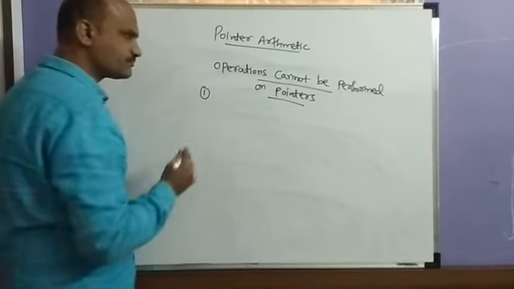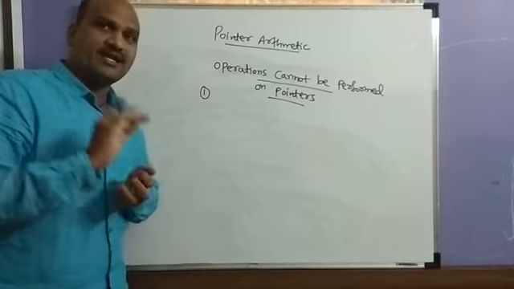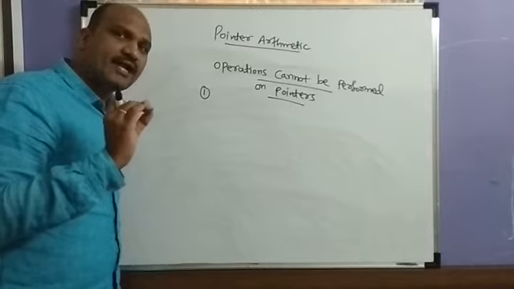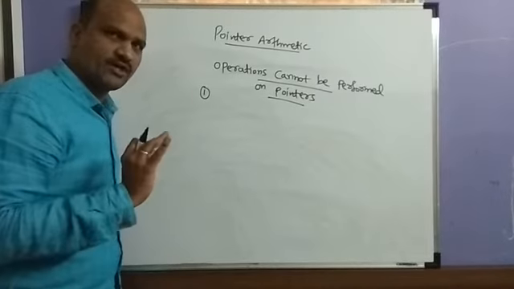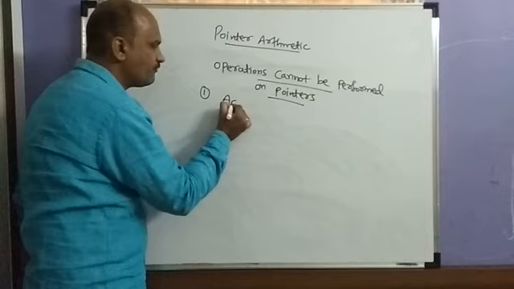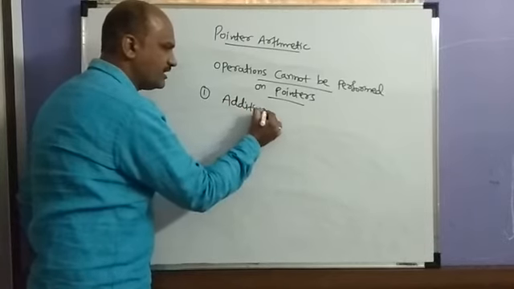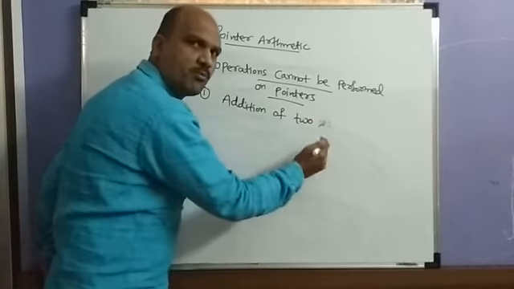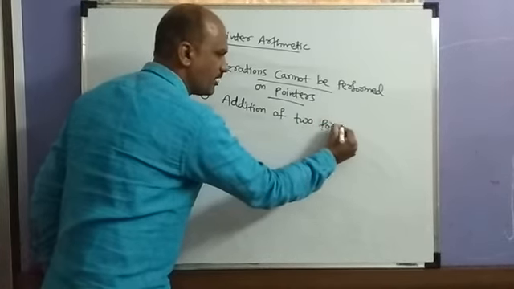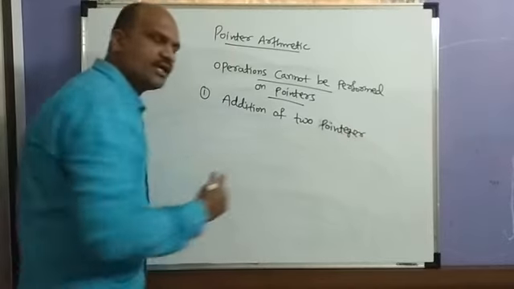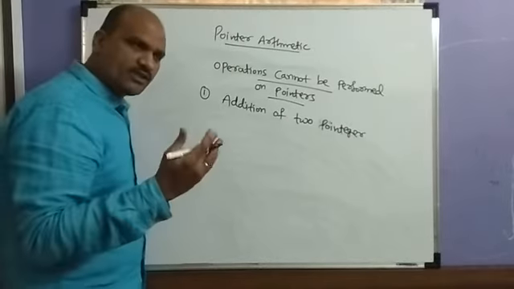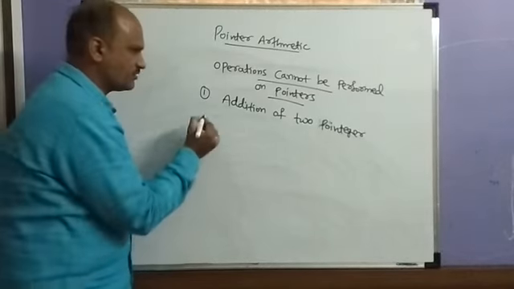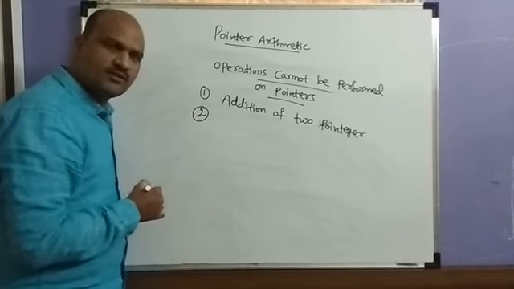So first one, as addition of adding an integer, as I told you. But addition of two integers is not there. Value is there. Addition of two pointers, not integers, pointers. We can add the value, that is adding an integer is different, adding the pointer is different. So that is not possible in your pointers.